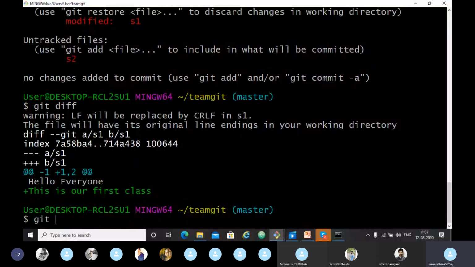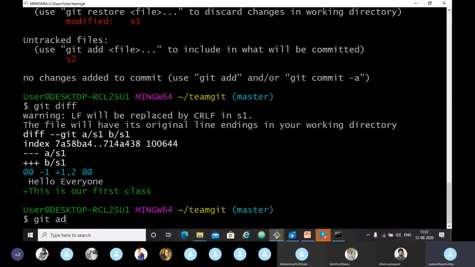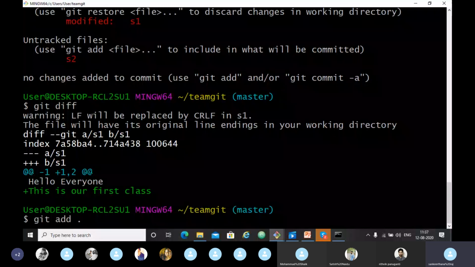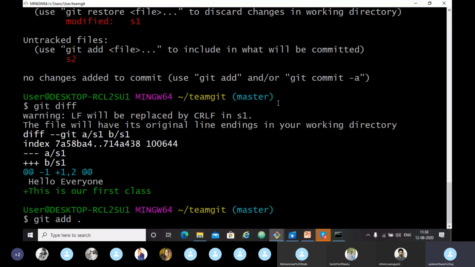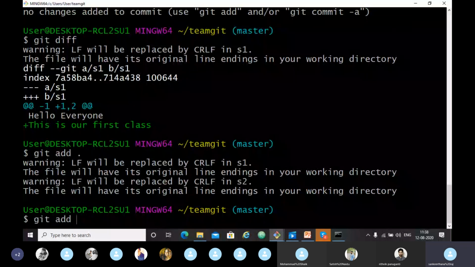If we have so many files, we can just write git add dot, which means all our working tree files will be included in the staging area. It will give us a warning, but again we just have to type git add dot.